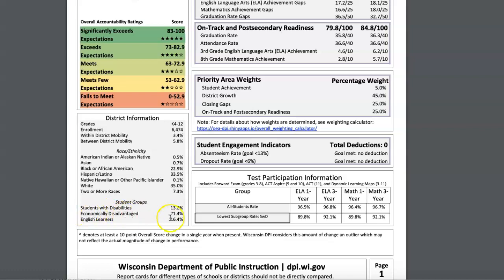So students with disabilities, this remains pretty steady along with what we saw in the previous school district that we were looking at. But now I want to come down here to the economically disadvantaged. So economically disadvantaged, we've got at 71.4% of the entire Beloit school district. So it's this poverty issue that really exponentially increases the complexity involved with helping students be able to